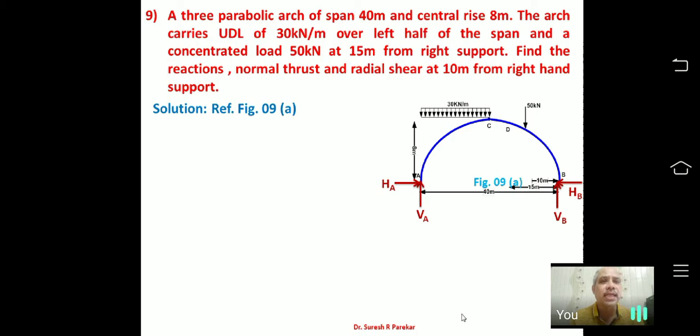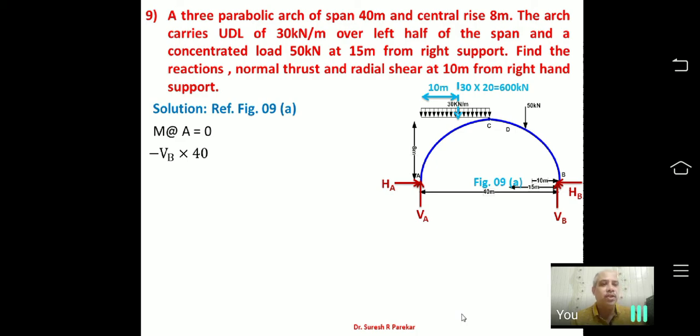Now when a diagram is not given, you can directly go for the free body diagram, where you need not show the supports, you can directly show the reactions. So now we have VA, HA, VB, HB. The total load we have is 30 into 20, which will be 600 kilonewton. The total UDL span we have is 20 meters, so it will act at half of it, that is at 10 meter from the left support. Now once I know this, I will start with moment about A0, because UDL is there, so it becomes easy to take moment about A0.